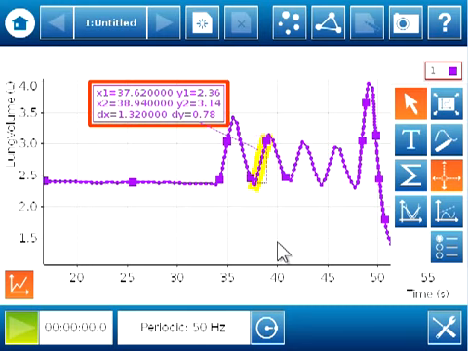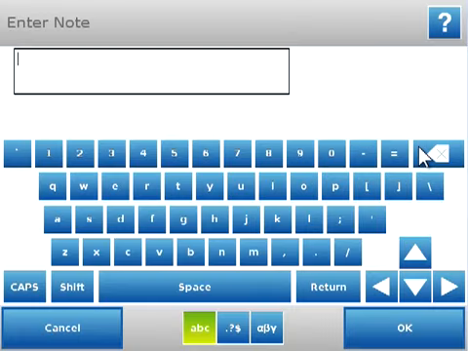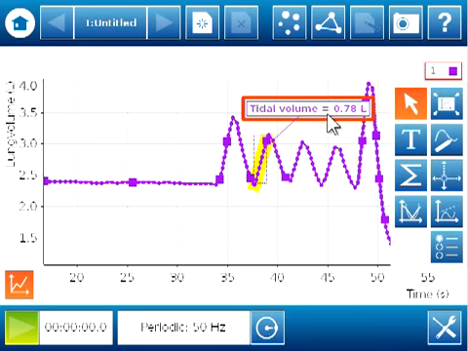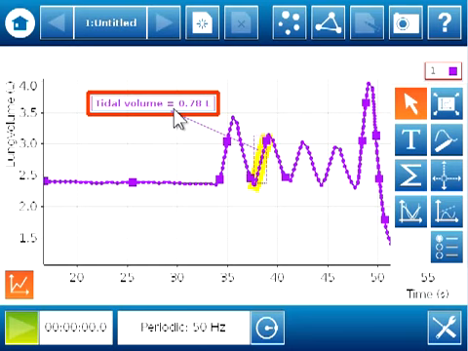I'm going to go ahead and preserve that value for future reference. I can also choose the T tool here, the annotate, and I can type in tidal volume and the value 0.78 liters. Since I've now preserved that value for future reference, I'm going to turn off the Coordinates tool. I can move tidal volume over. And now I can turn off the Select tool so that I'm then able to select another region of the